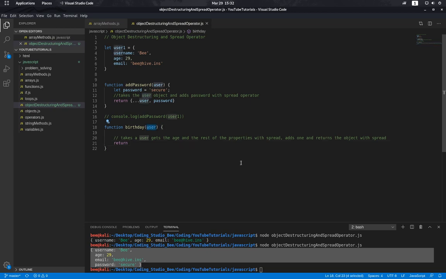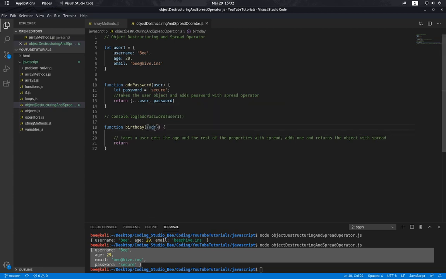Now we can destructure this object right here in the parameter, if we are sure what kind of object we will get, and let's say we are sure, so we are sure that we are going to get an object that has a username, age, email, maybe a password, but let's say we go with username, age and email this time. We can destructure age right here, and from there on it's like a variable. We can use that age here,